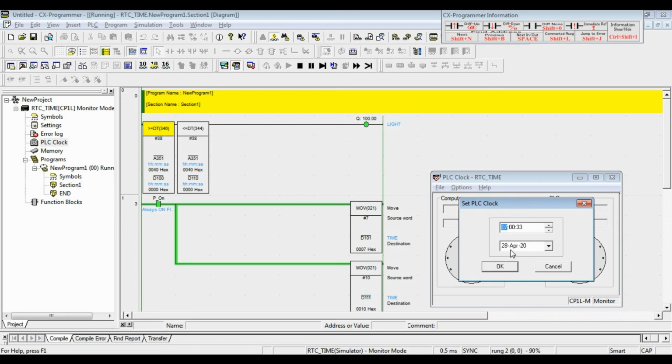Now I change the time on my computer to 6 double O. If I click OK, the light will be off, because the time setting on my computer is 6, but the time setting on the program is 7 to 10.